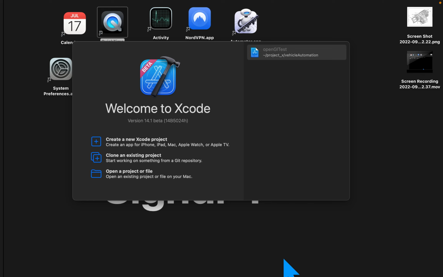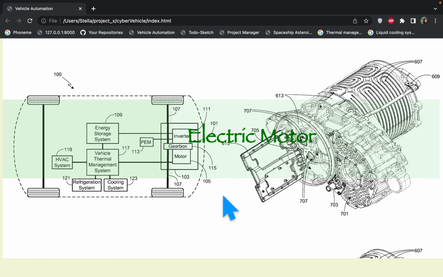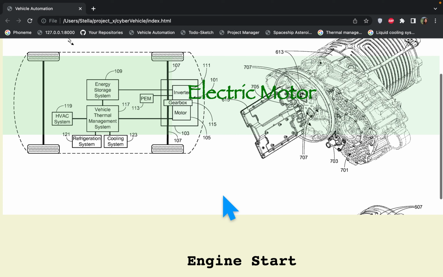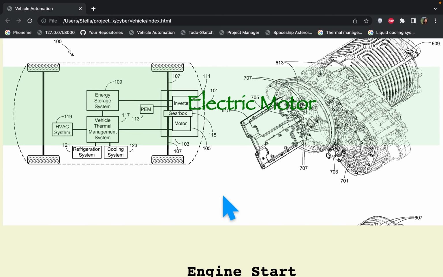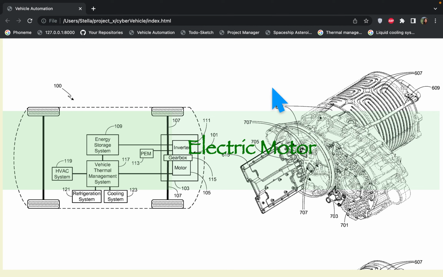Hi, today we're talking about how to build a game engine or a 3D model software with C++. The idea comes from, as you can see from the background picture, one of the open